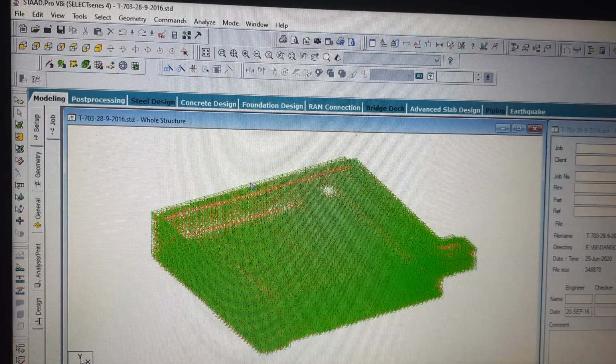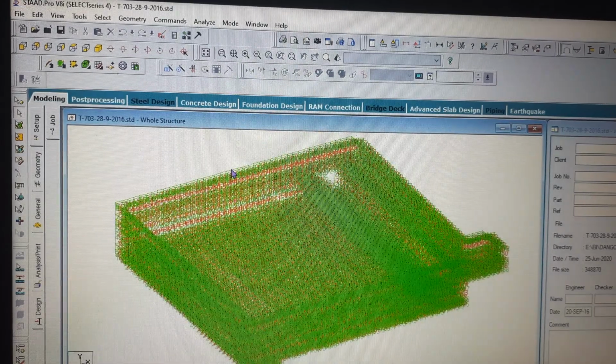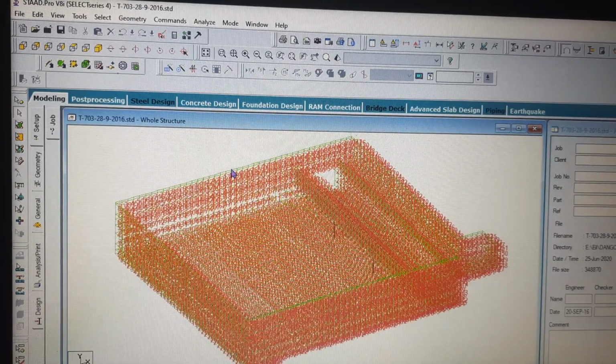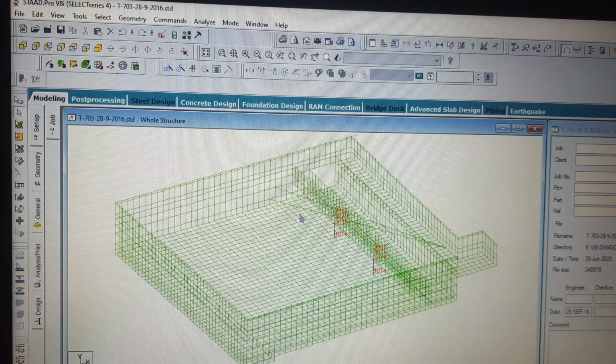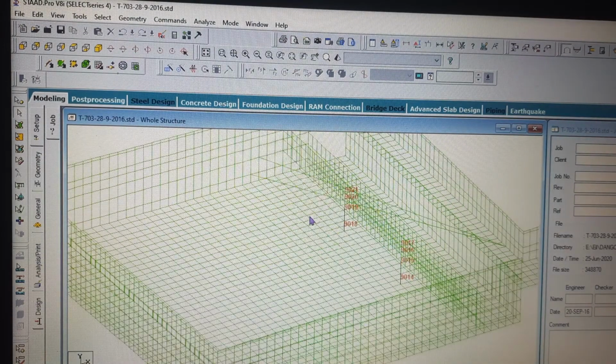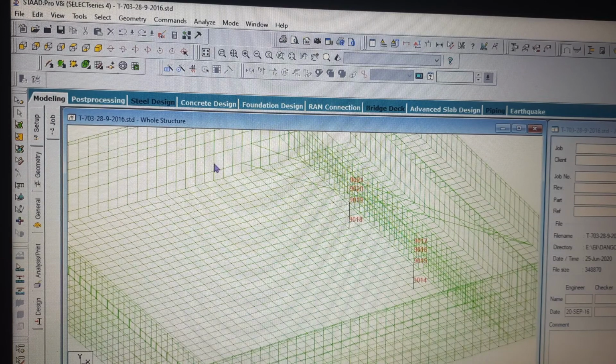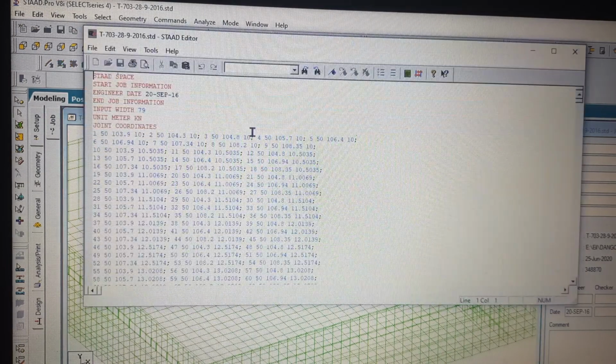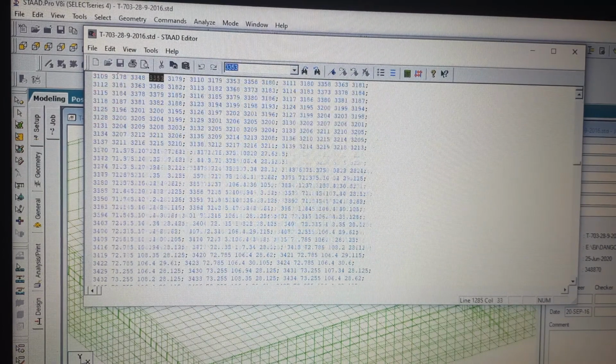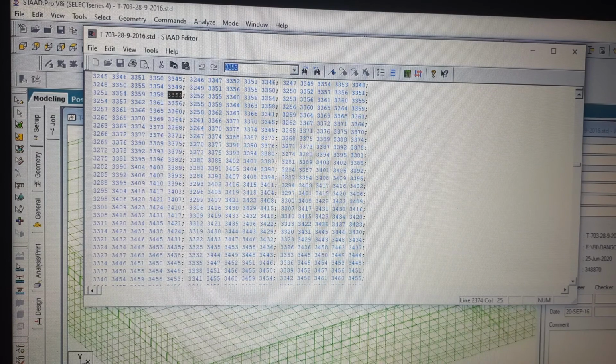It is showing this error in the STAAD editor command also, but still it may happen. What happened is that your plate has been created wrongly, that's why it is showing.